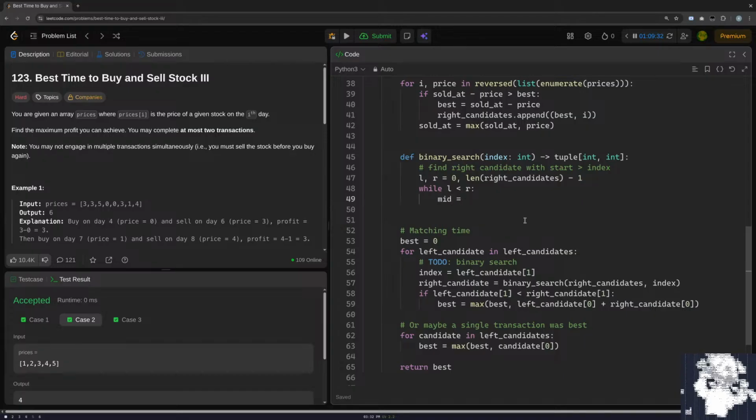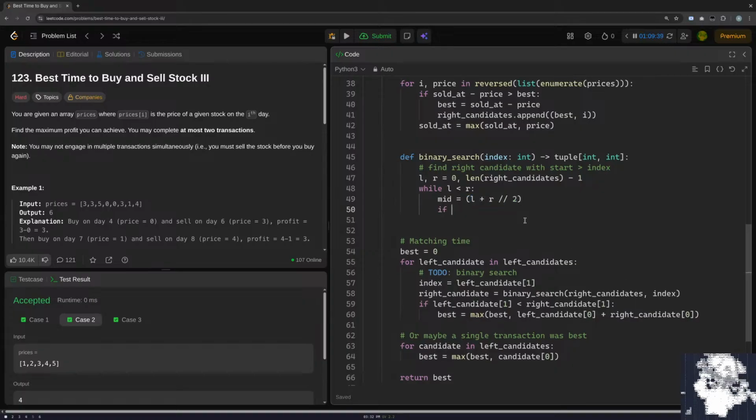So midpoint equals left plus right over 2. If right candidates at mid, the index is less than index,